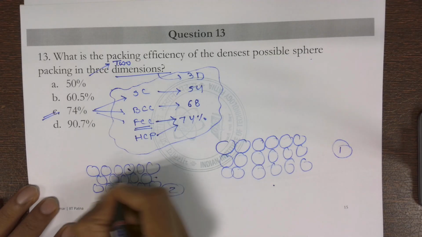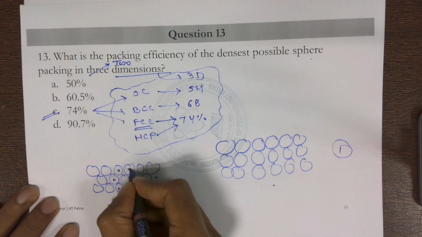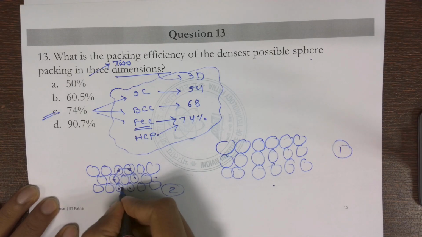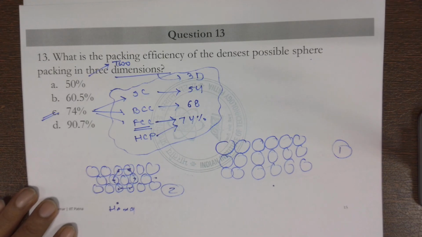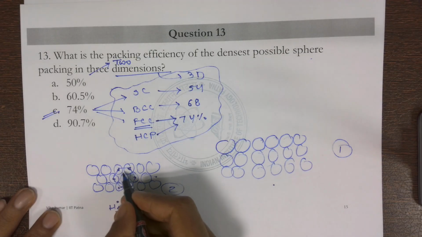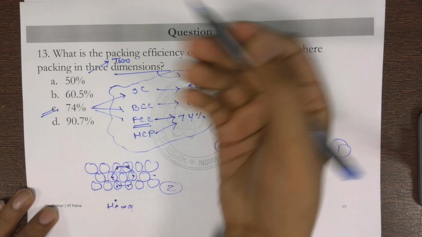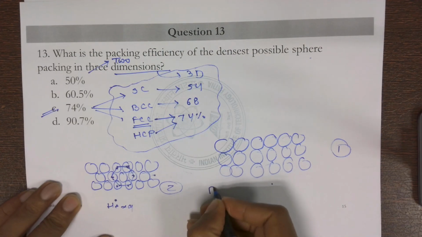So if I just take their centers and join them, they will make the hexagonal packing. Very good, Omkar, that's right. So now we got the hexagon. This is known as the hexagonal packing. So now if we talk about the packing efficiency,